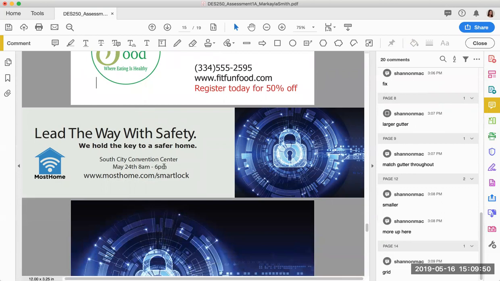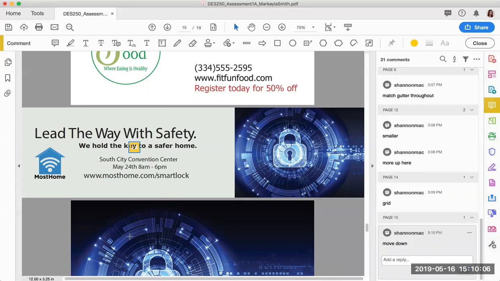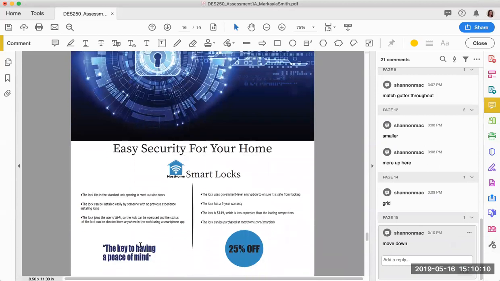Lead the way with safety. We hold the key to a safer home. Move the, we hold the key to a safer home. Move it down just a little. And